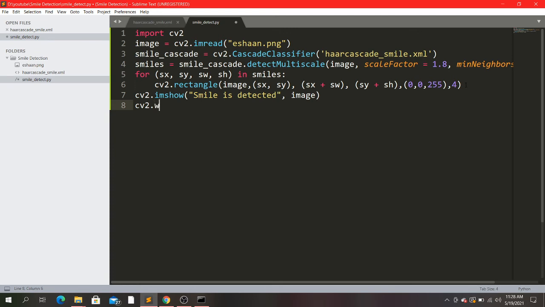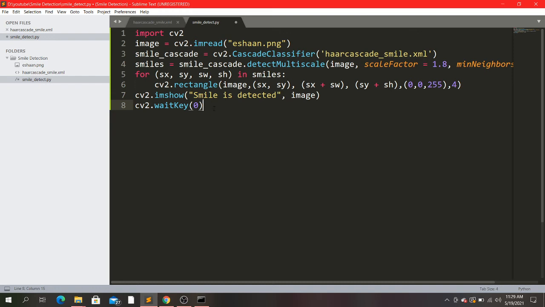Then we write cv2.waitKey. For those who are new to Python and OpenCV, using this function, if we press any key, our program will stop.